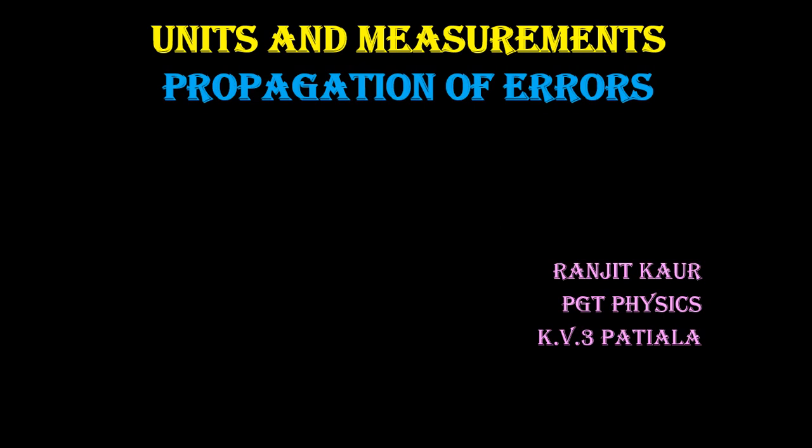Now, whenever we are taking the measurement of any physical quantity, it may contain errors. If you have taken the length of a physical quantity and want to find the area, you will multiply two lengths. If you want to find the perimeter, you will add two lengths. So if you are going to do calculations like addition, difference, multiplication, division or even exponent, how are these errors going to propagate in the calculations, and what type of error and how much error would be there in the result?